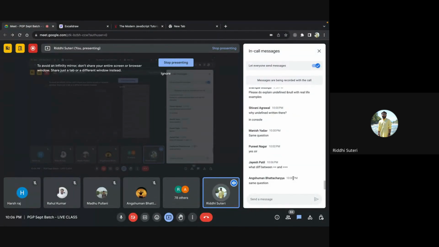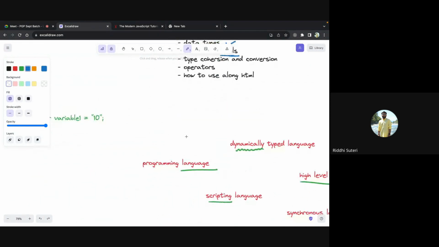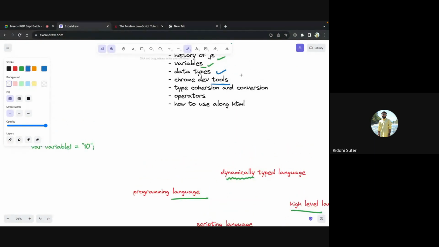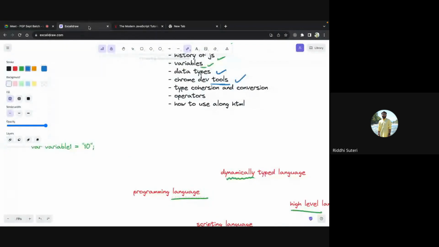All right, so we have talked about all the data types. We have talked about some real life examples of all those data types, like working examples. And we have also talked about operators, like logical operators, relational operators, and arithmetic operators also in the basics of programming class. So that's why I'm not taking that discussion once again. I hope that is clear. There is one confusion which some people are having about double equals to and triple equals to. Let me quickly talk about it.